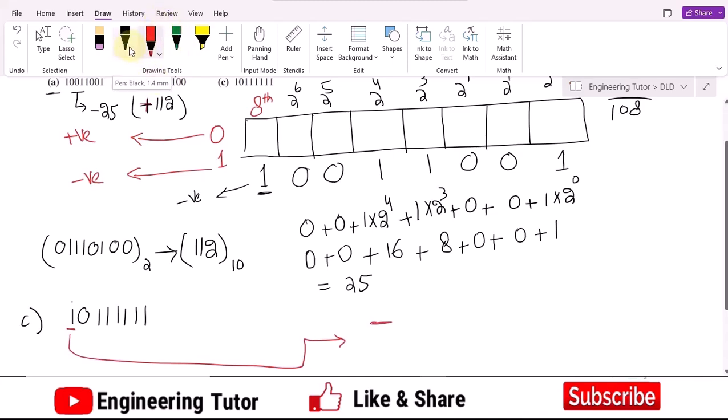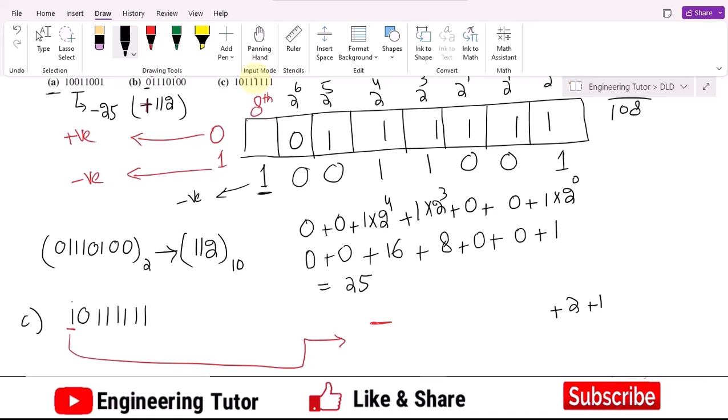As this one is the negative one, all the others except this one are 1, so here it will be 1 1 1 1 1 1. So how much would it be? That is 2 raised to the power 5. Multiplying all these terms, what will I get? Here I will get 1